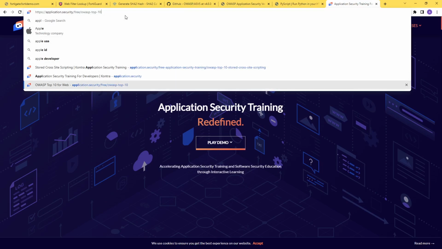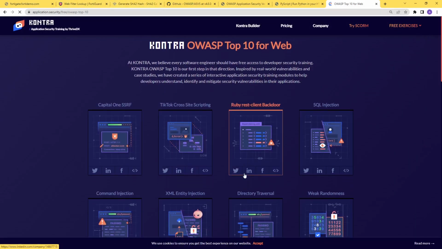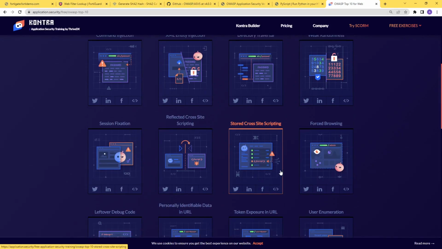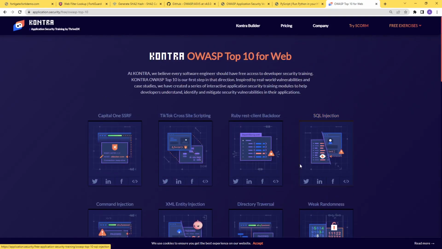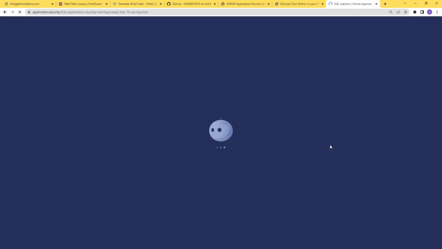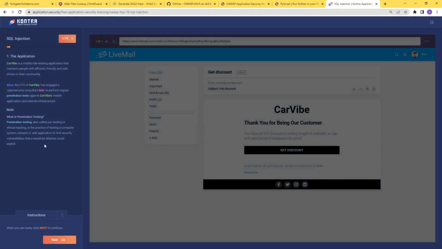So we will open the OWASP top 10 and select SQL injection attacks, and it is the first lab from the right on the first row as we can see here. So we will open the SQL injection related lab, and again this lab first provides an introduction. So what we are going to deal with is an application or a website called Carvibe. It is an application or a website that provides